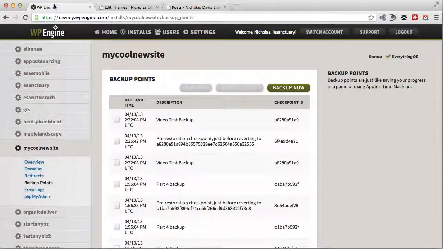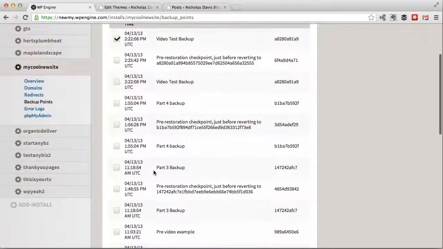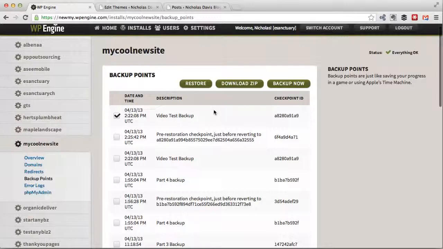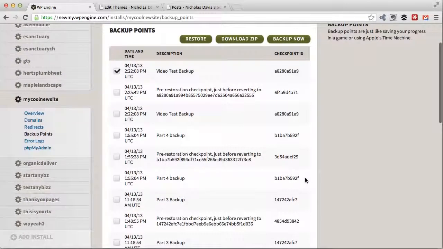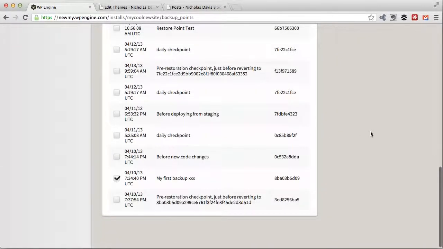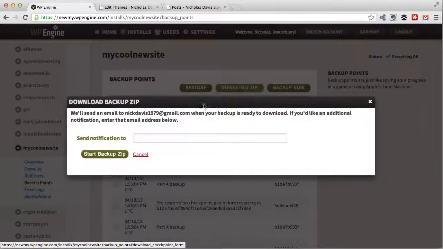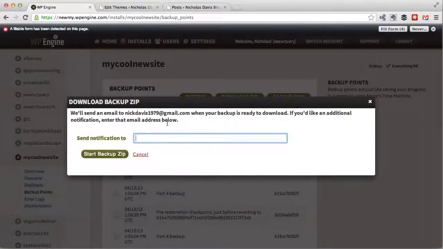And just one final thing to point out on the backup points. You've got this other option here you might have seen as well, download zip. If say you realize you needed a copy of one of the previous restore points, maybe there was a small bit of code or a line of code or something you needed that's since been changed, you might not want to restore the whole site back to that point. So instead, you could just go back, and if I go right down here, my first backup, if I needed some of the code from that point, it will give me pretty much a complete copy of the site as a zip file, and I think it will even give you the database as well as an SQL file. So if I went ahead and click download zip,